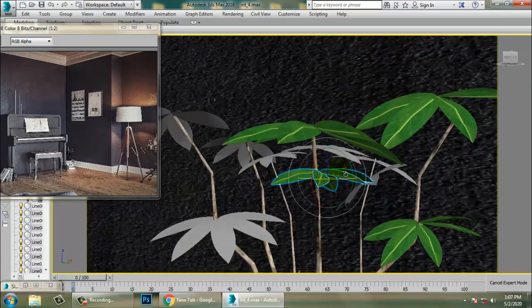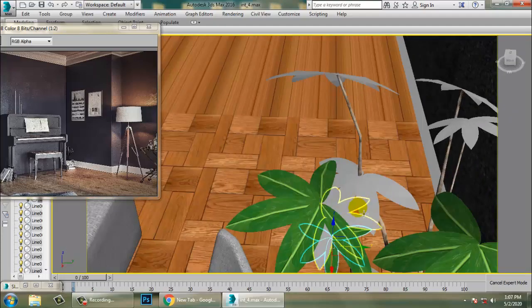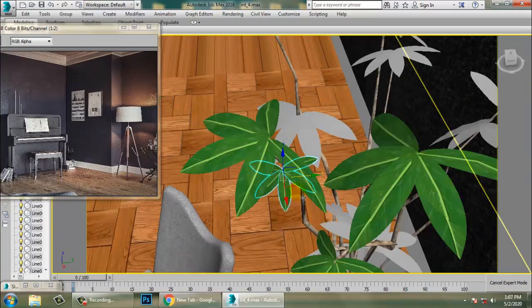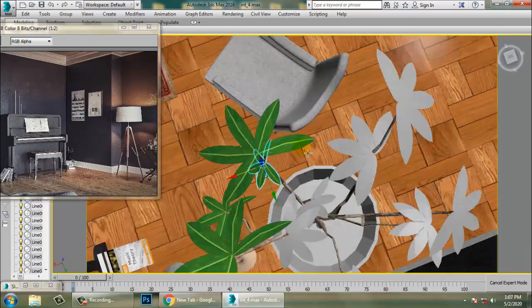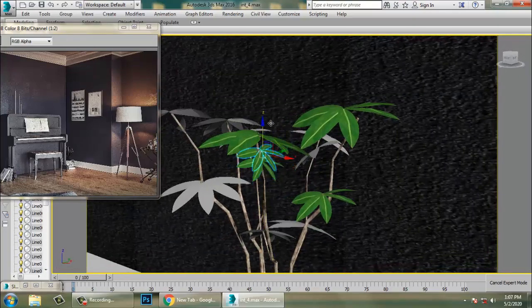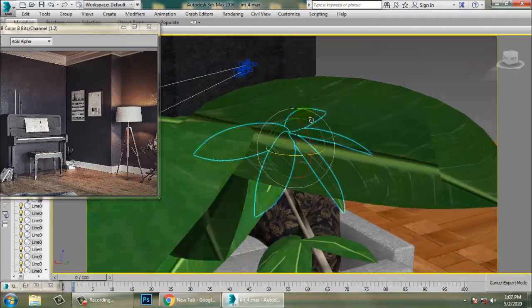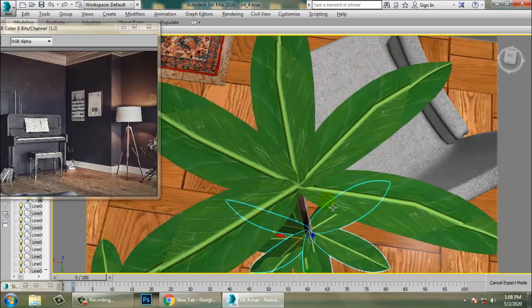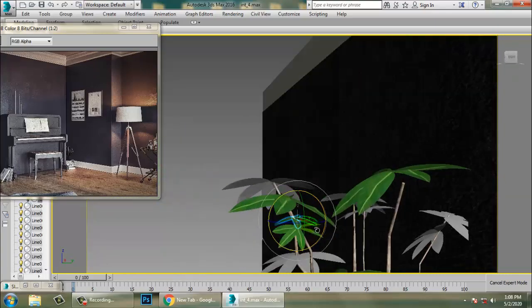So you can just rotate it if you want over here. So again push this up, copy it, just push it here. So just place it up over here and just rotate it up.